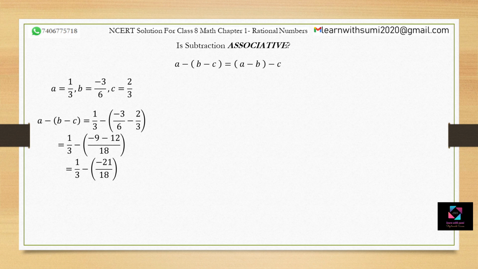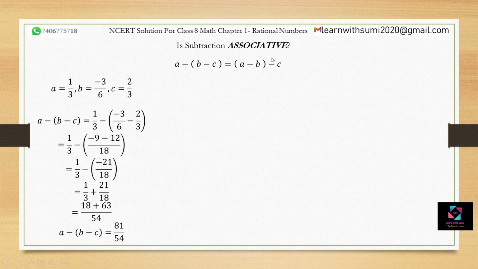Now let's subtract the b minus c value from a. So when we subtract them, minus into minus becomes plus. When we multiply two negatives, it becomes positive. So a positive sign 1. Now just cross multiply, that is 18 ones are 18, 21 into 3s are 63 divided by 18 3s are 54. After the addition we get 81 divided by 54.